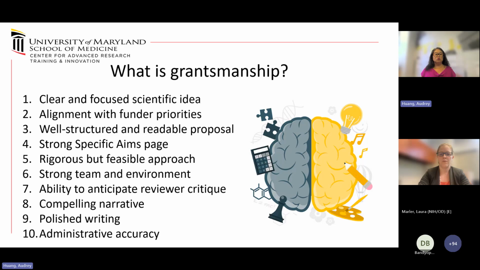And that means it will change. It should change your research proposal, whether you're applying to NIH or a private foundation, or even to an internal institutional grant at your home institution. This is a really critical aspect that I think a lot of people don't spend enough time thinking about when they repurpose drafts and grants. Your proposal should be well structured and readable. There should be absolutely a very strong specific aims page. We will talk about that in more detail today.